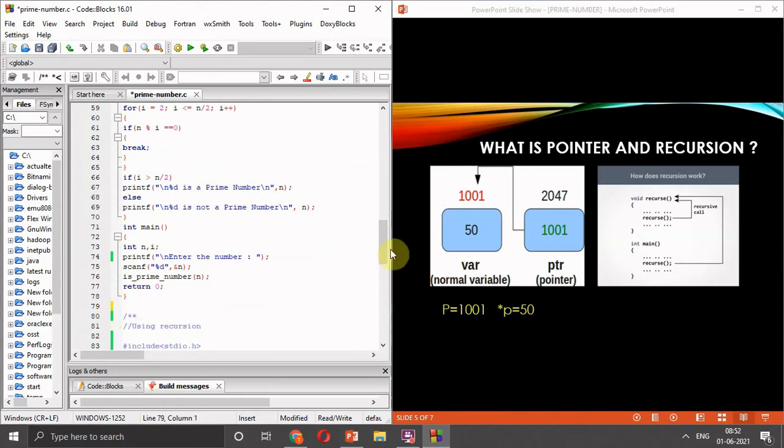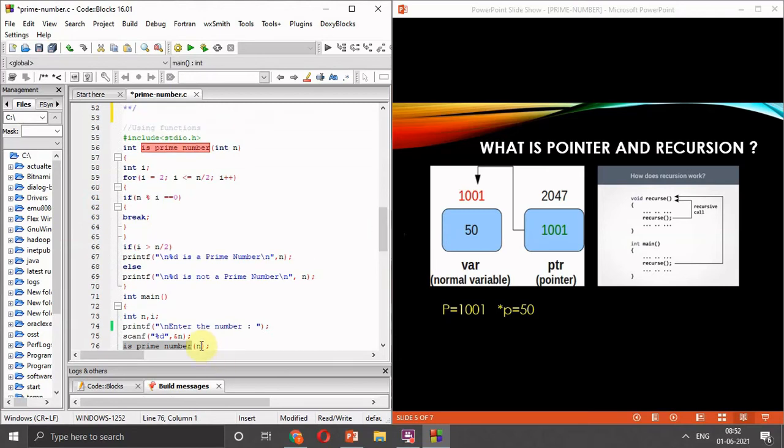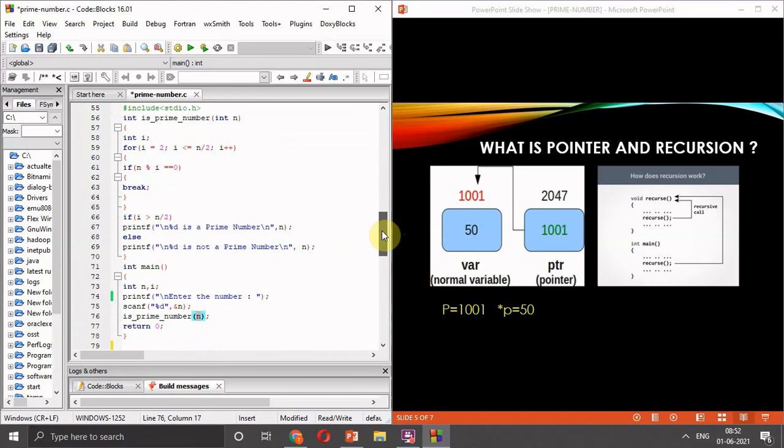Using a function is again the same, only the logic which we are using in our program, we have shifted it to one function called is prime number, similar to that of the pointers program.